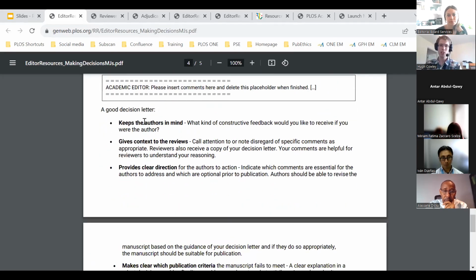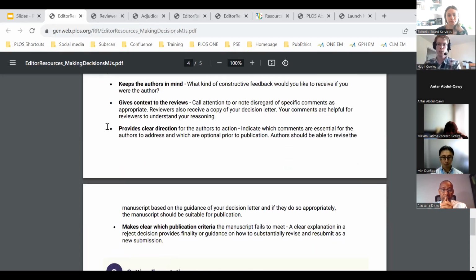And what makes a good decision letter? Really, the best advice I can give is, what kind of decision letter would you like to receive? Aside from just, accept everything, right? If you're looking for constructive feedback, what would you like to see? You want to see context for the revisions. If there are differing opinions, differing guidance, you'd like an editor to tell you, actually, we think this rather than this, or something like that. Hopefully those situations won't be very common, but that's a good guide point for you to follow. What would you like to receive as the authors as constructive comments, whether it's revisions, whether it's reject.